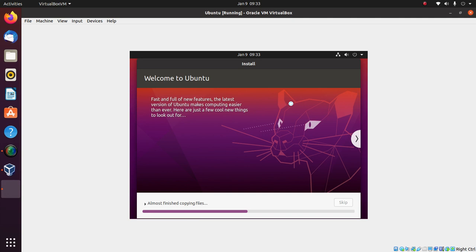If your computer is fast enough with good resources, the whole installation process will take within 5 to 10 minutes. It is fully dependent on your machine's performance. Once installation is done, we will come back and see how to proceed further. So let us wait until the installation completes.